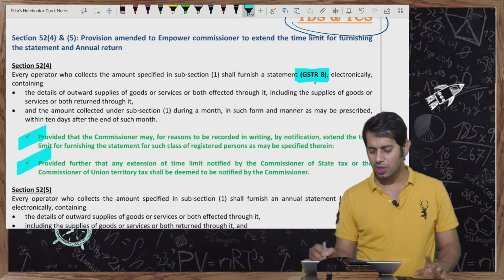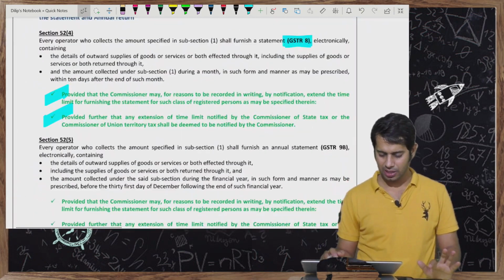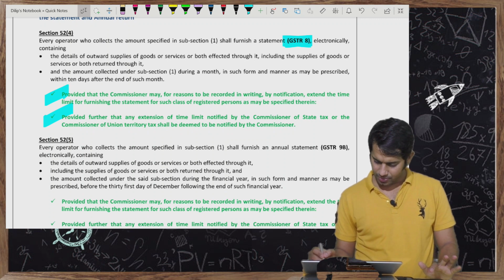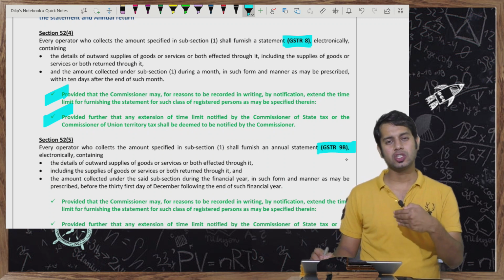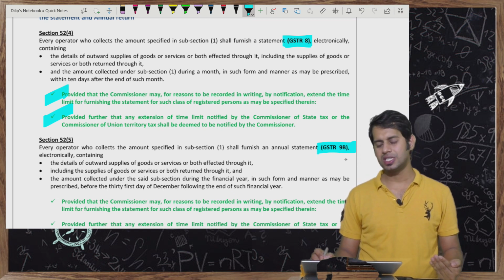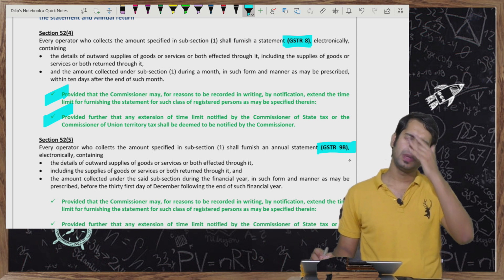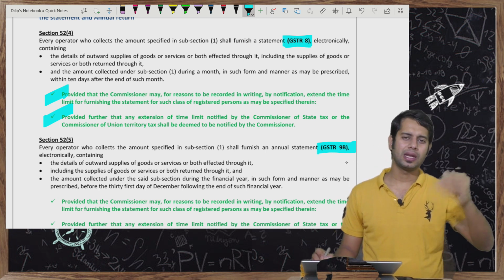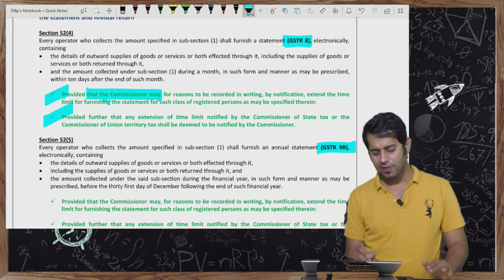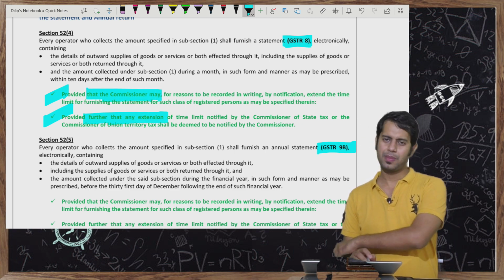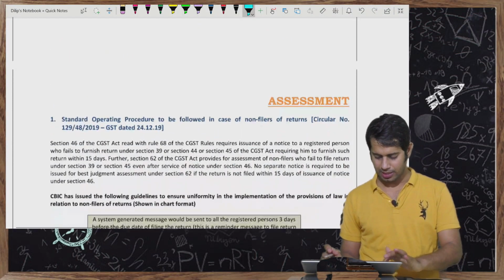See, if you are a person who is required to file GSTR 8, that is the monthly return filed by the TCS operator, and if the TCS operator is required to file annual return also, GSTR 9B, for these returns the commissioner has the power. Normally the government by notification is to do. Now they are telling I am giving this power to the commissioner only. Only those things have been added. Nothing important as such.